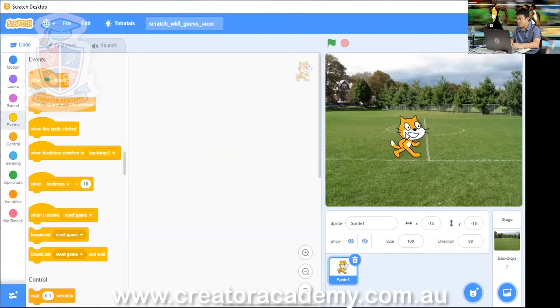Now, I want you to drag your cat onto the side of the screen, just like that, okay? So drag it by pressing the mouse and then pulling it all the way to the side. That is how we are going to make sure that the cat starts at the start of the screen. And then we want to make it so that it starts in this starting area every time it hears the